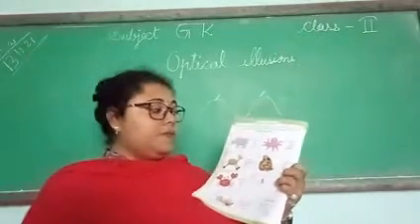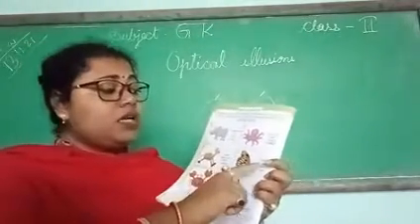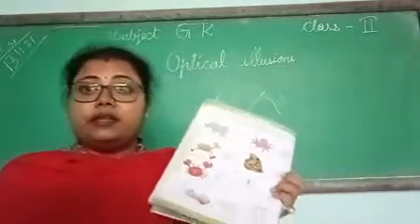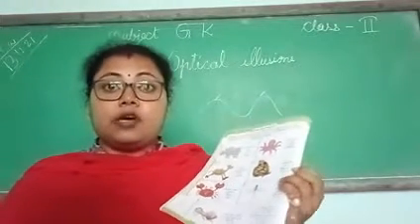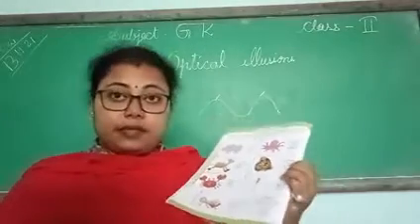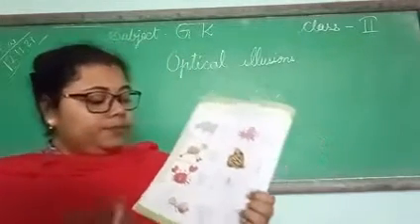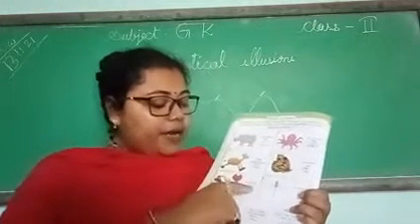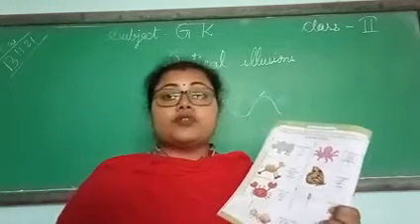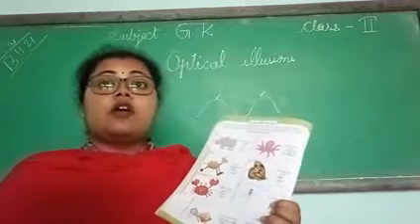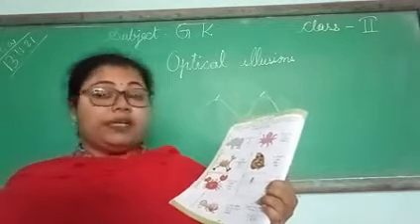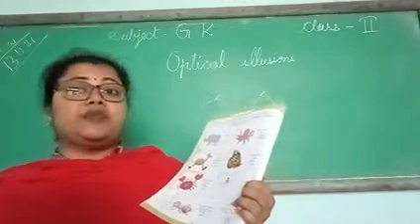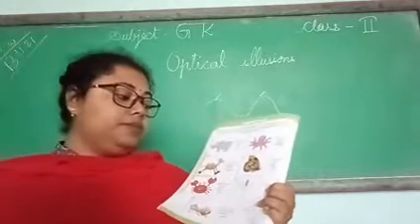Okay? Now see, number 4. A butterfly has dash legs. Butterfly, how many legs are there? There are 6 legs. Okay? Then this is a picture of a crab. Most crabs have dash legs. Most crabs have how many legs? Most crabs have 10 legs. Not all, but mostly, means 90% of crabs have 10 legs.